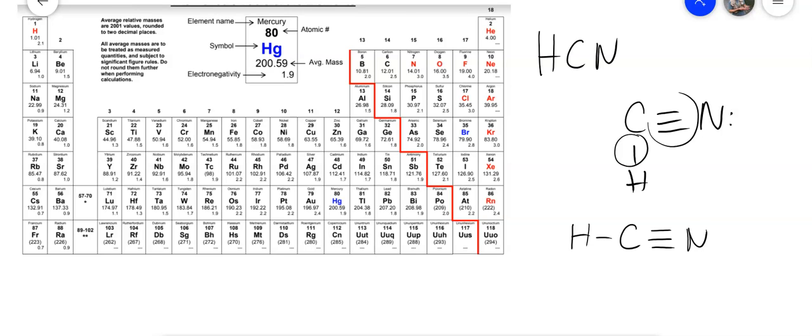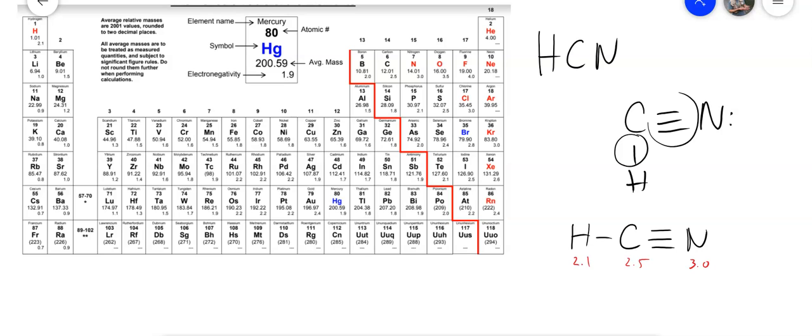Step 2, we drew the correct shape of the molecule so that now we can draw in the bond dipoles if they exist. So let's go ahead and look at our electronegativity values. The electronegativity of hydrogen is 2.1, carbon is 2.5, and nitrogen is 3.0. We're going to go ahead and draw in our bond dipoles now. So remember, they're always going to point towards the more electronegative element for every bond. And keep in mind that the bigger the difference, the bigger the arrow we're going to draw, showing a greater